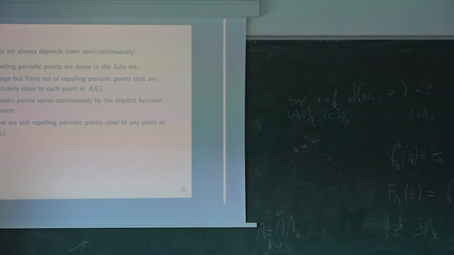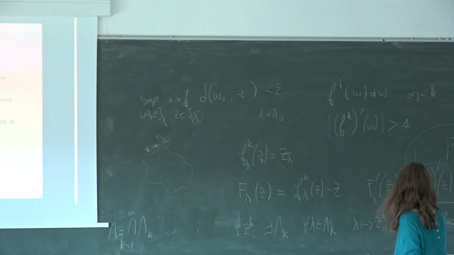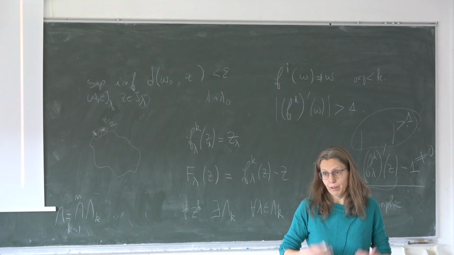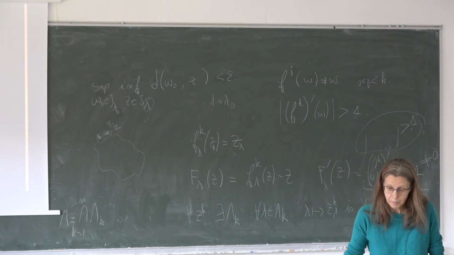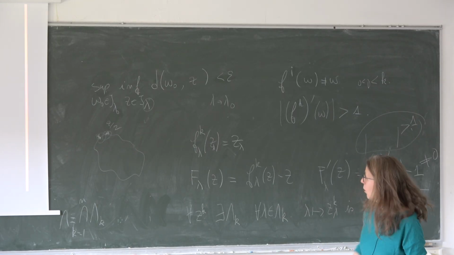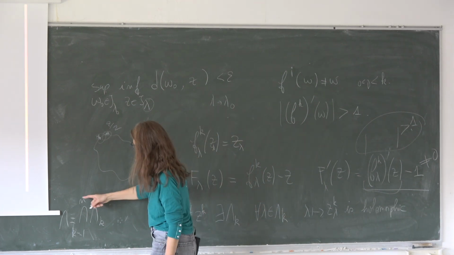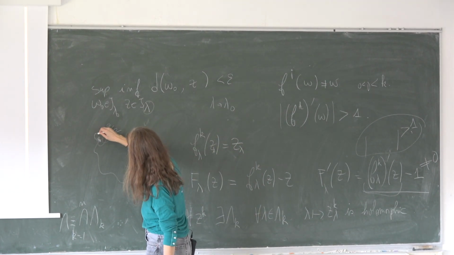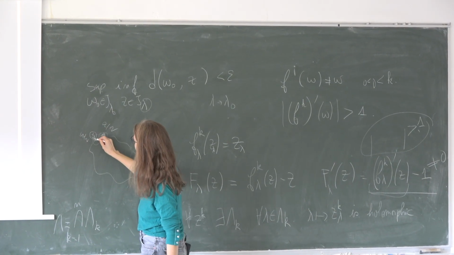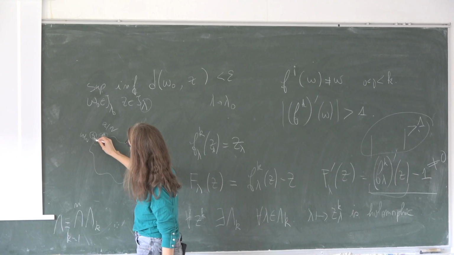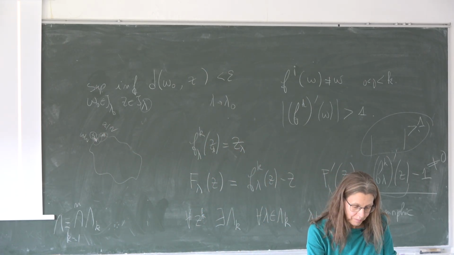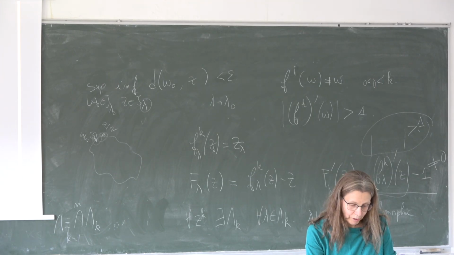Okay, and then the derivative is something which is continuous. So if lambda is small, you will still be repelling, because repelling is strictly bigger than 1, and you have a finite number of points. So you have a repelling periodic point close to any point, okay? If you are in a small neighborhood, you have a neighborhood of epsilon over 2. You move from your Julia set to a point which is very close, for lambda very close to lambda naught.